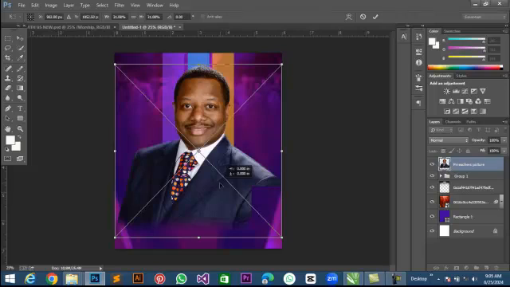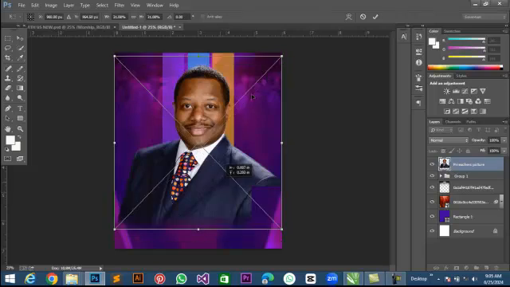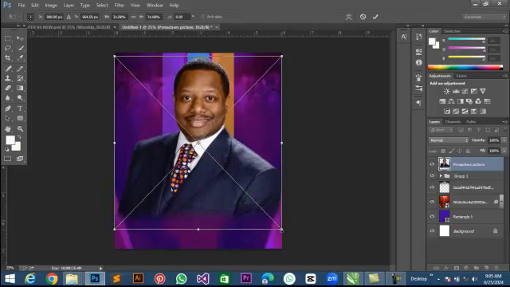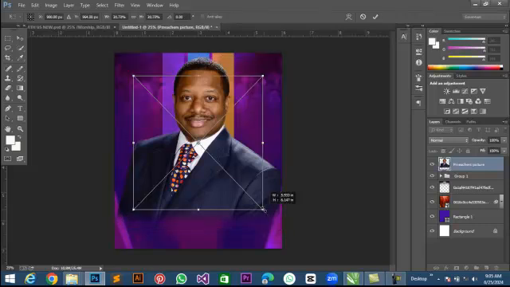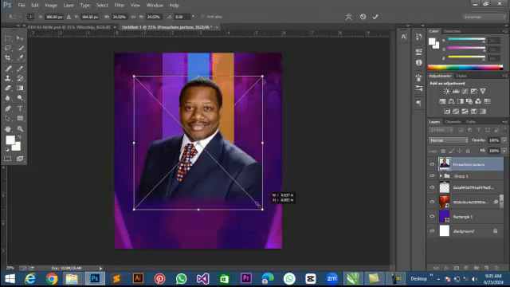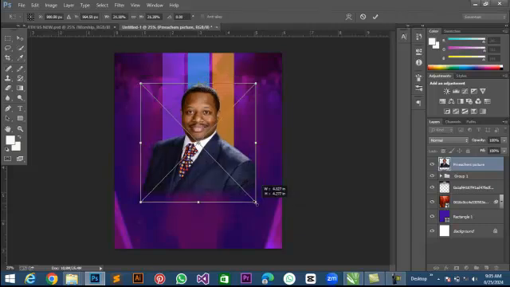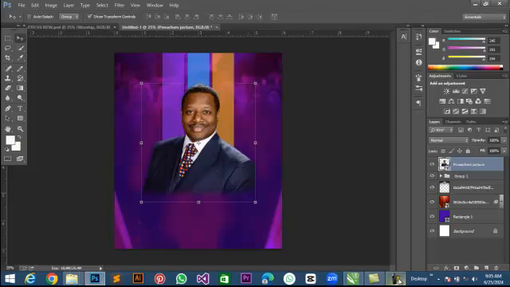So I'm going to place it on top, above here like this. So we'll be resizing this right away. Hold on your Shift and your Alt while you drag something like this. Okay, let's reduce that a little. Okay, good. And then while I check this, the next thing I'm going to do is to